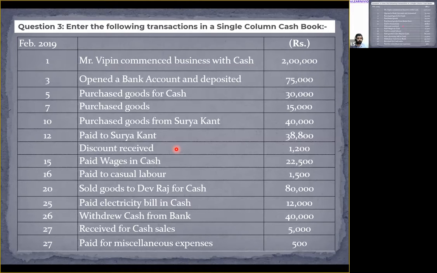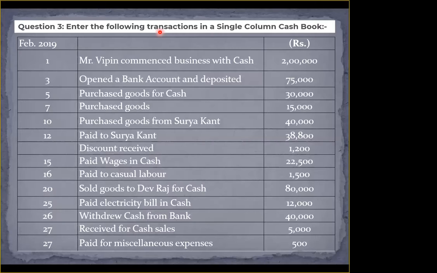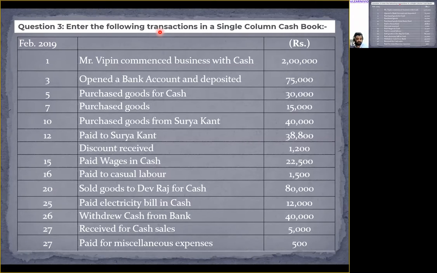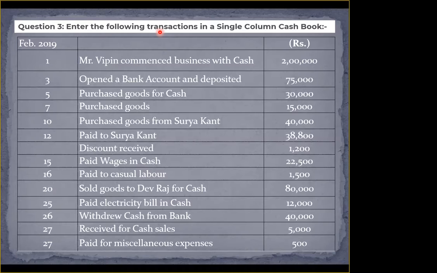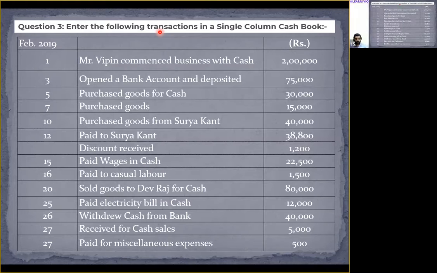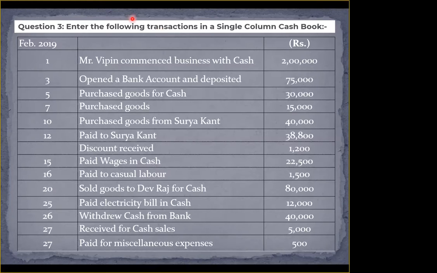I am giving you a discount of 3,000. Tell me, will the discount lead to an inflow or outflow of cash? Nothing. Neither an inflow nor an outflow. Hence, discount received can be treated as a profit for you, but there is no inflow or outflow of cash. Is it clear, everyone? Yes, sir, it's clear.